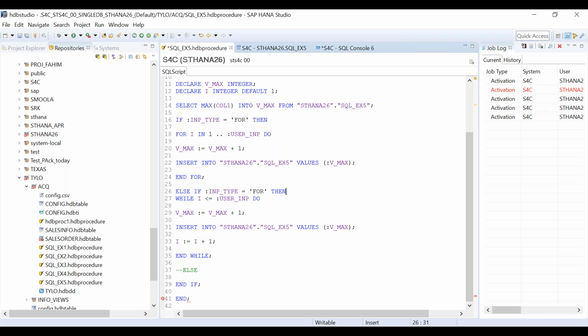Then see, now it is problematic. Else if is problematic. Let's make it else then. Else. Now it is fine.